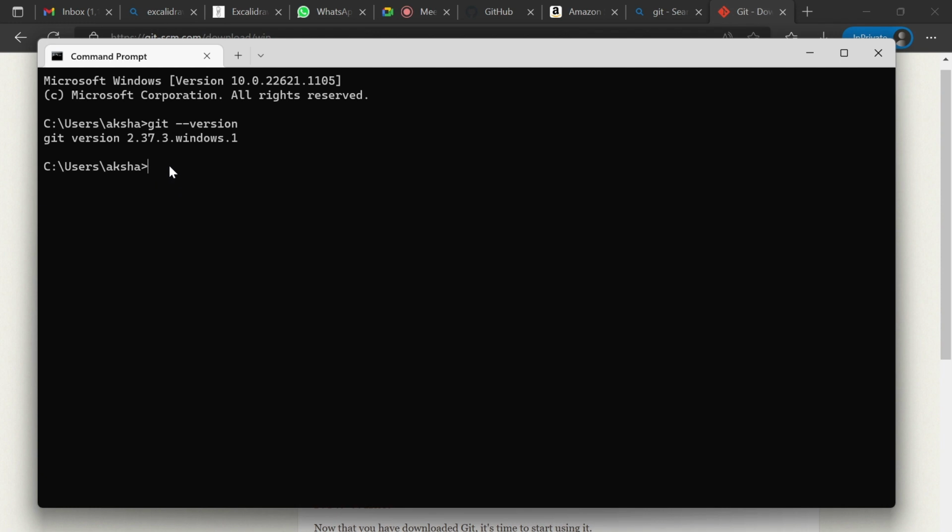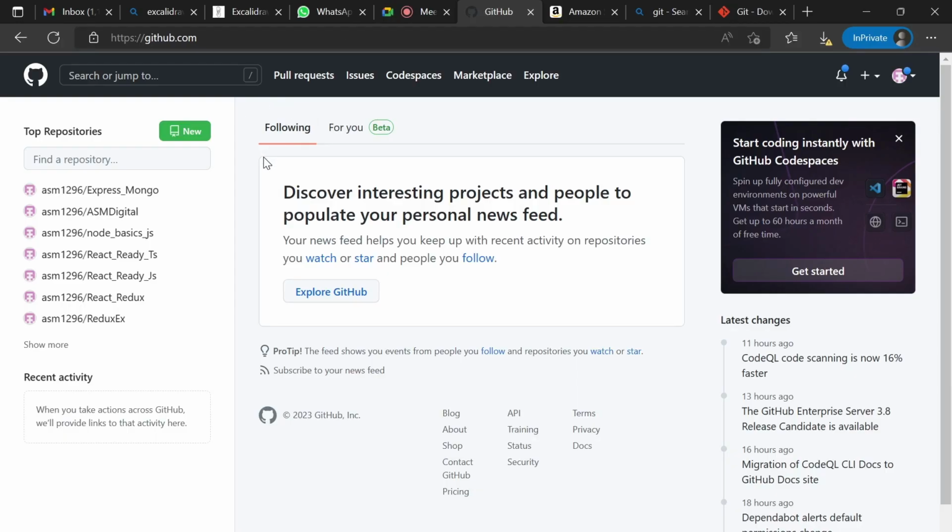Now I will check if I have already configured my account, which is connected with my GitHub account. I need to put the user email ID and username which is present in GitHub or any repo hosting service. There are multiple repo hosting services like GitHub, GitLab, or Bitbucket. So create an account, mostly on GitHub right now, and use the same email ID and username in the git config also. Using Git software, we will link our code repository with the GitHub repository.